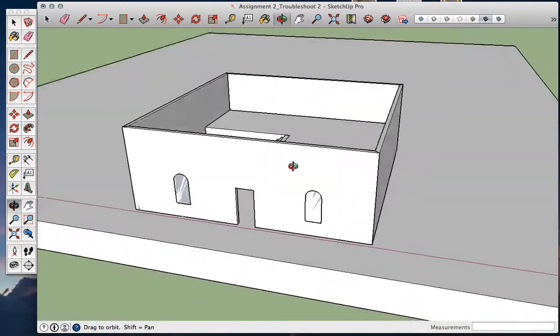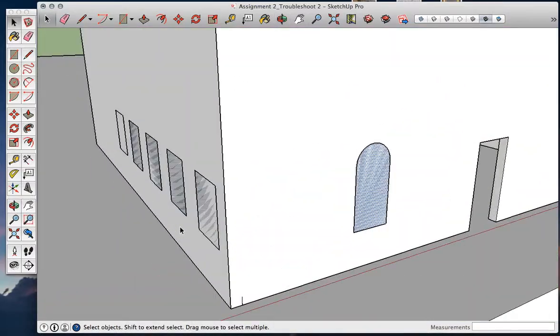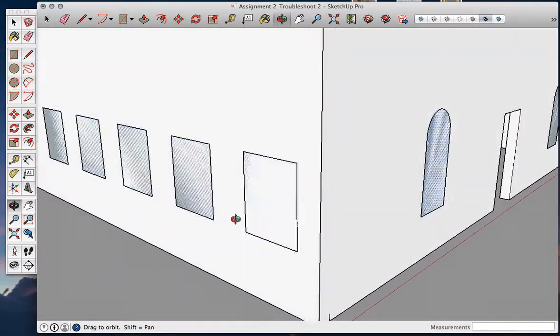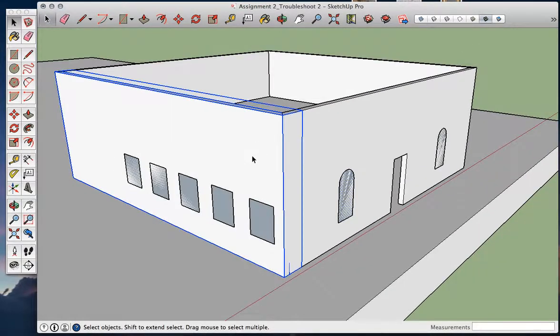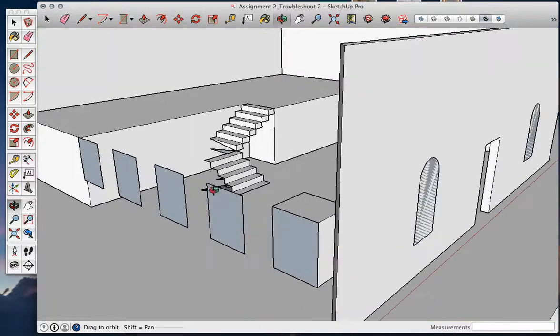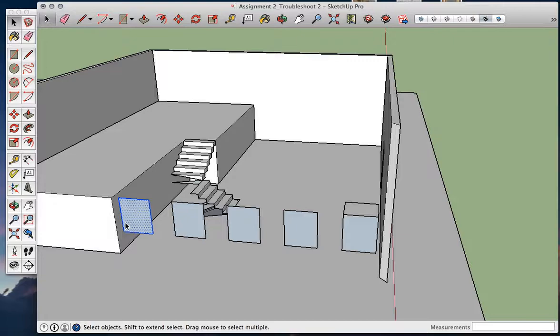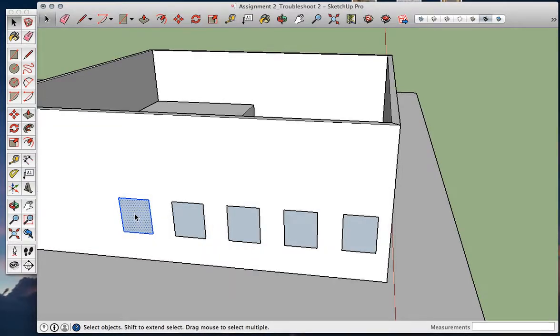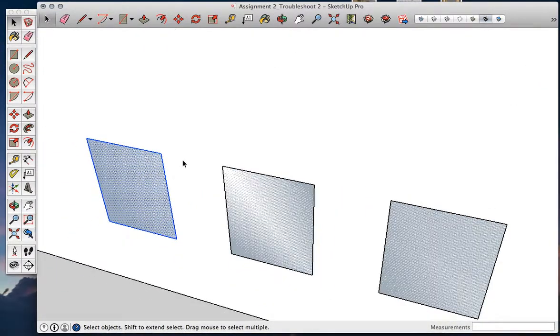The second issue I can see here right away is that these shapes are flickering. You notice that when I move around, there's kind of like a staticky effect. And what this is, I'm going to go ahead and hide this. What this is showing me is that I've got shapes that are, first of all, ungrouped, but even if they were grouped, they're sitting on top of another group. I'm going to go ahead and unhide that group. So when I've got two shapes sitting on top of each other like this, but they're not a part of one another,